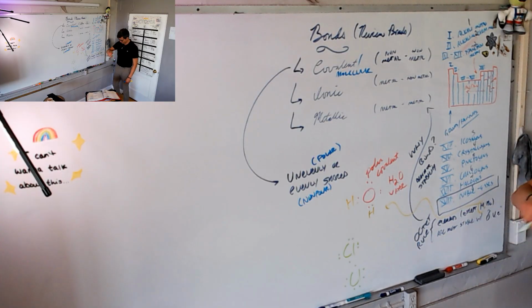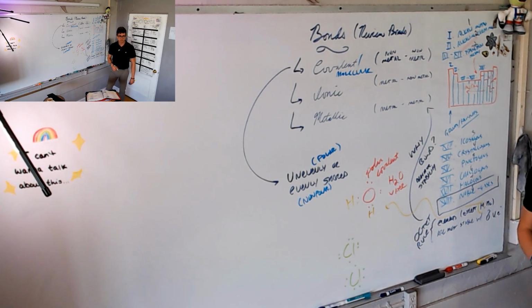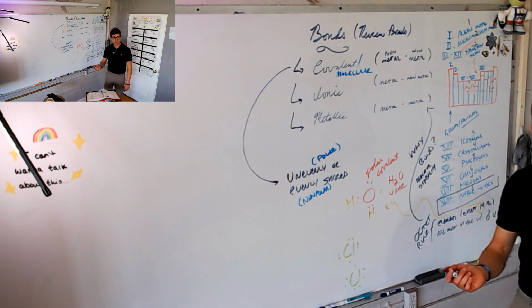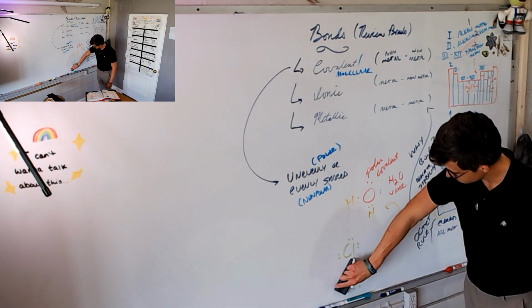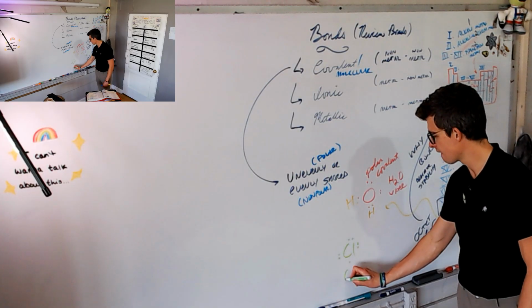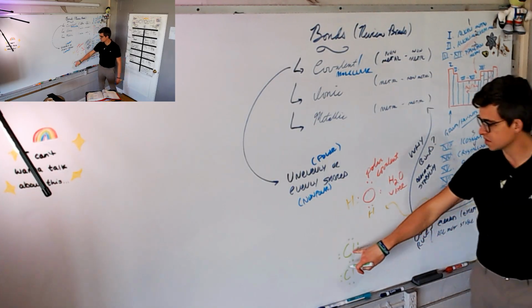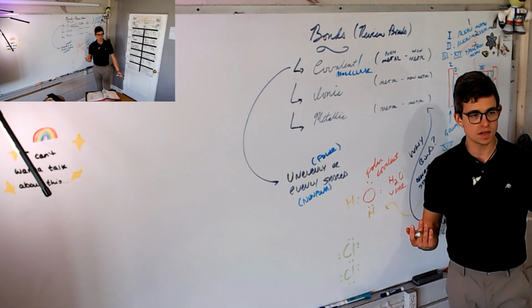Can you think of a way that these two could sort it out, make each other happy? Could they covalently bond? Could they share their valence electrons? You can share. How many valence electrons does the chlorine have? 8. They're both a little more stable.